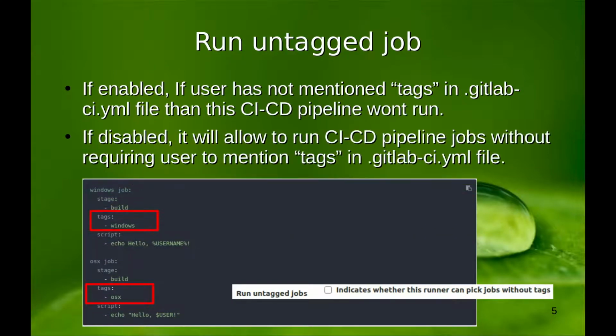Next option is run untagged jobs. If this option is disabled and the user has not mentioned the tags keyword in the .yml file, then the CI/CD pipeline won't run. And if this option is enabled, it will allow running CI/CD pipeline jobs without requiring the user to mention the tags keyword in the